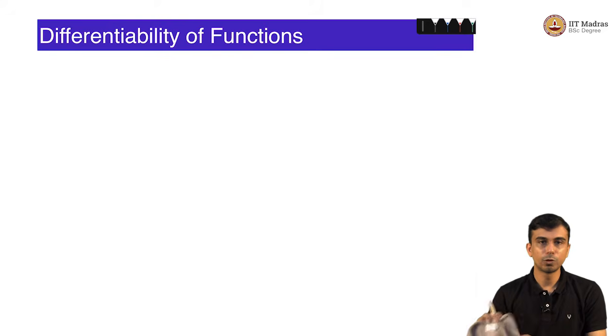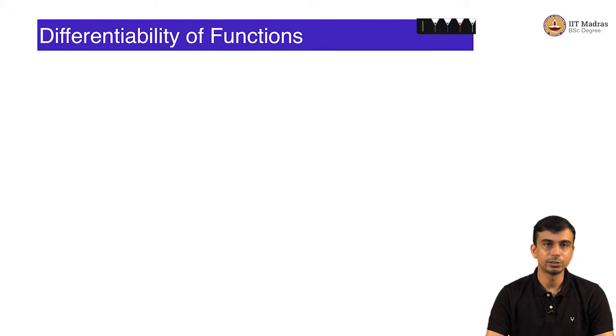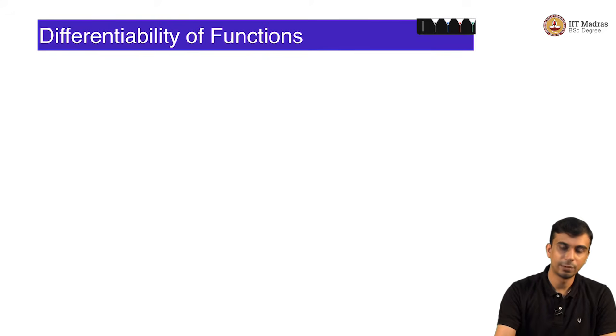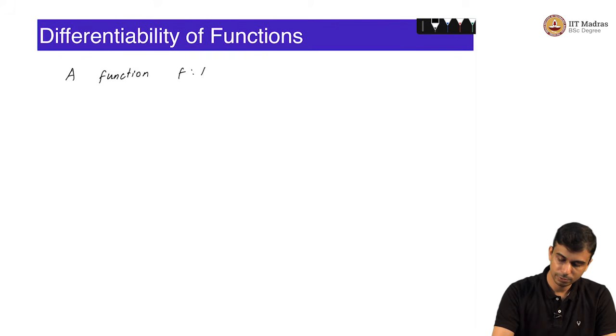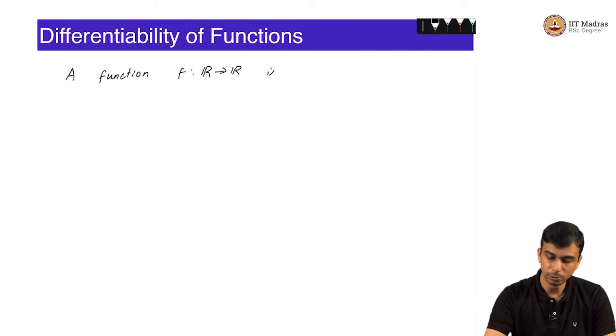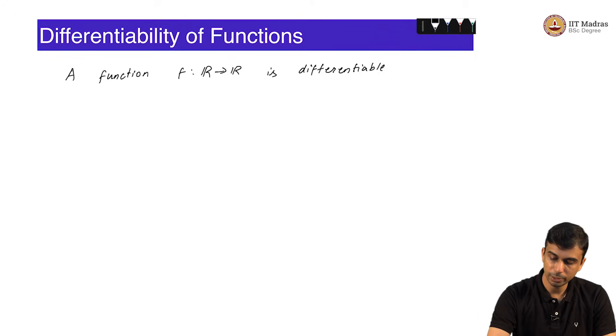Right. So now we move on to another property of functions, which is differentiability. A function f, which is similar to continuity, the definition would look similar. A function f from R to R is differentiable at a point x star in reals if